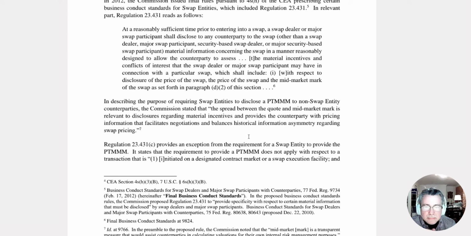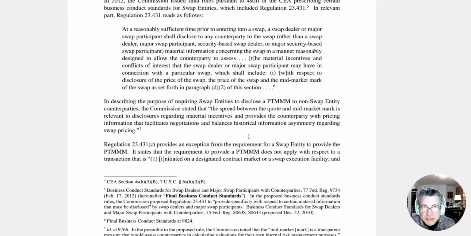So in very efficient markets, there's a very narrow bid-ask spread, and you're getting charged generally a number in the middle. And in inefficient markets, there's a very wide spread, and you're getting charged a number in the middle. And so when you're talking about swap dealers dealing with other swap dealers, this wouldn't apply. But when you're talking about a swap dealer dealing with certain counterparties, they would have to disclose this pre-trade mid-market mark, which would allow them to see the price they're paying and the halfway price between the bid and the ask, which in theory would allow them to make more educated and informed decisions about what they're doing.